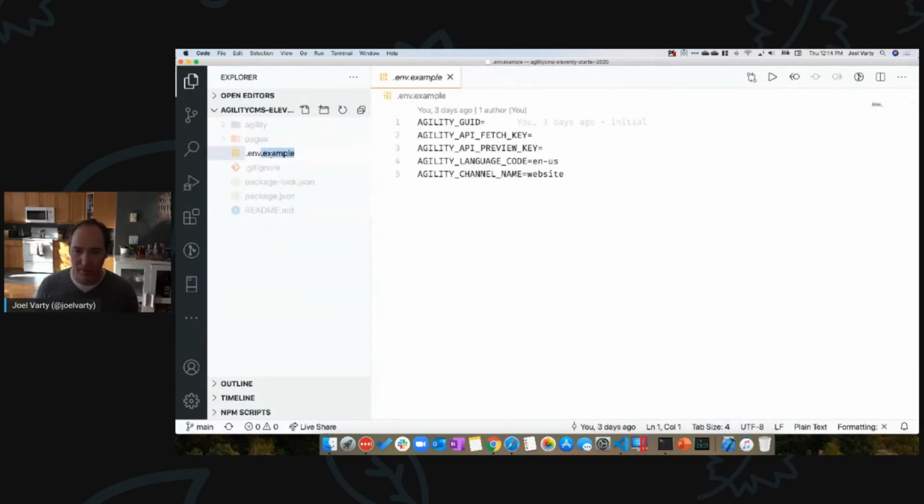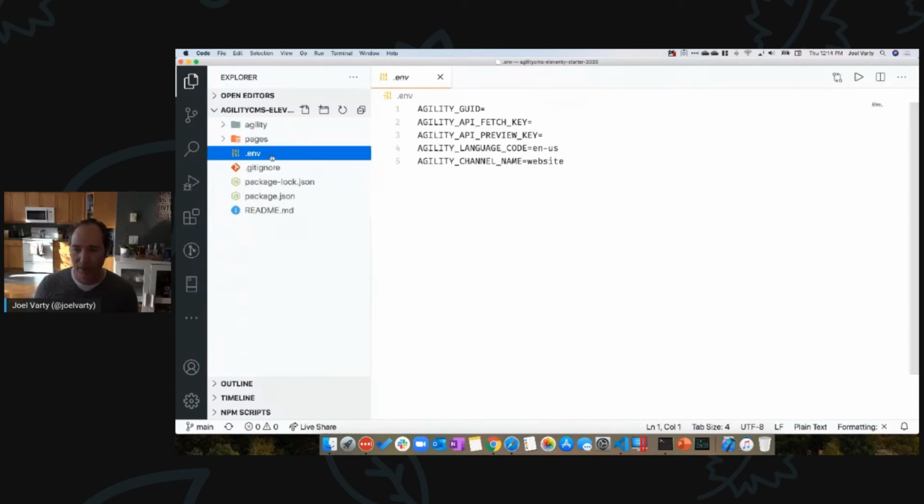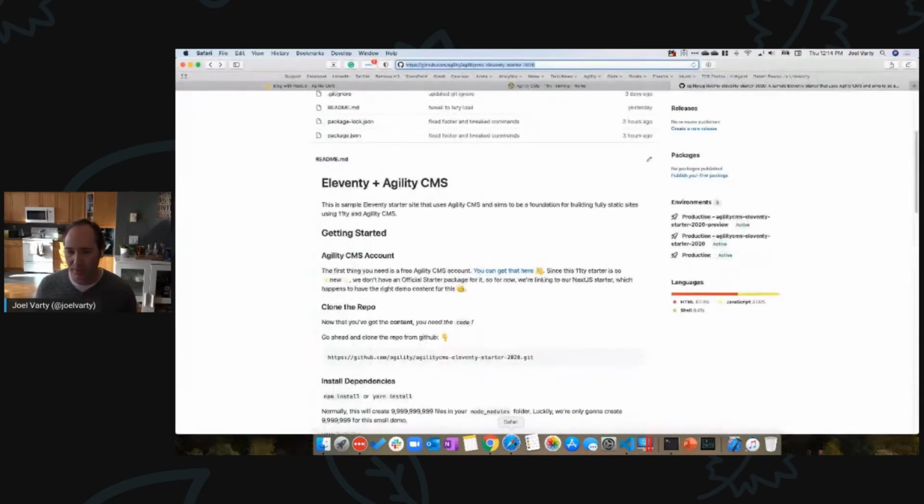So what I'm going to do is just go in here. I'm going to rename the env.example to .env. And you can see that I need to get a couple of things to authenticate to Agility. So jumping back to Agility here,